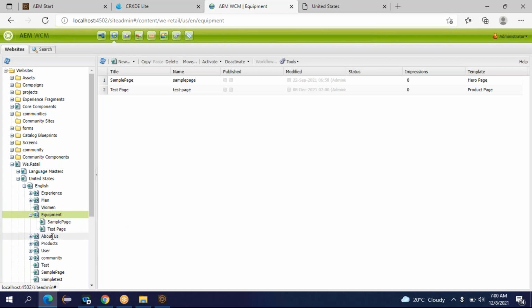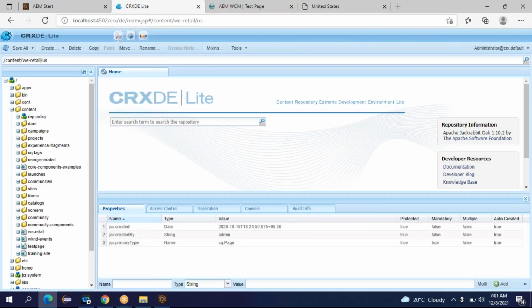So here under equipment, you can see test page, right? This is the page created by me. As I told, all the pages are stored in the content folder in CRXDE. So this page also can be found in the content folder in CRXDE. Now I'll open CRXDE. This is the content folder.